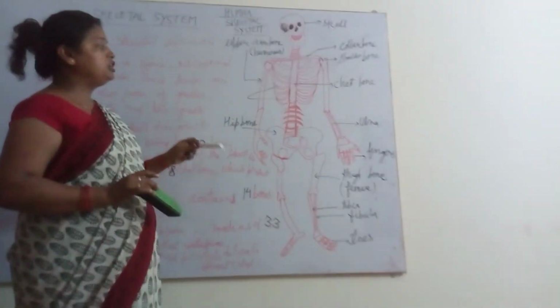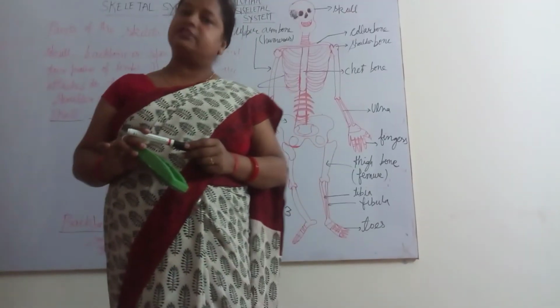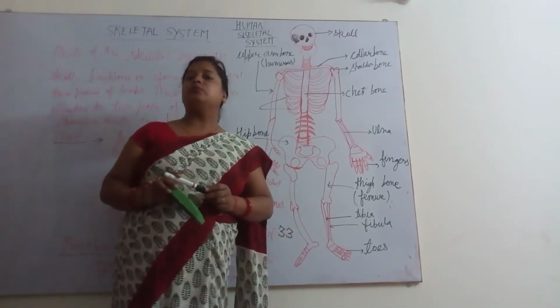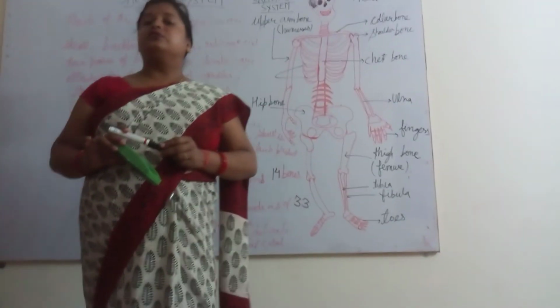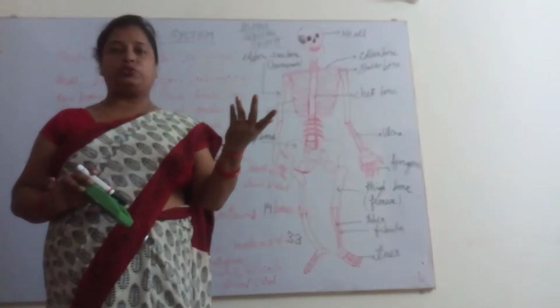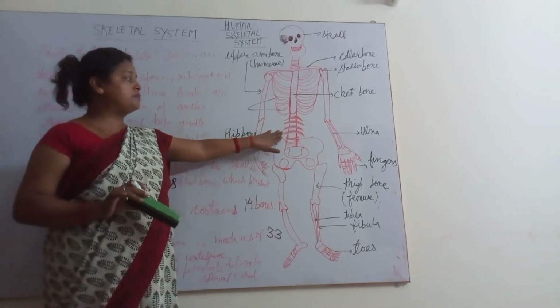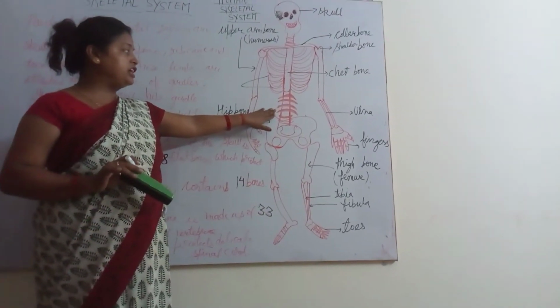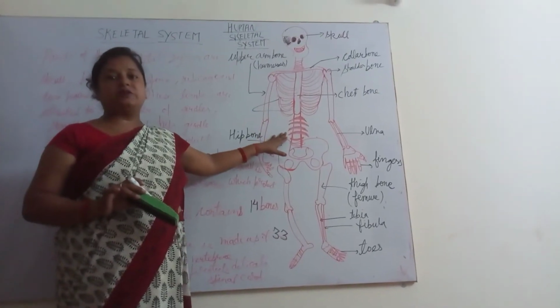Clear? Now, how many bones are there in the human body in total? That is 206. There are 206 bones in the human being. As you know, when a baby is newborn, the number of bones is maximum. As they grow up, the bones join together. Clear? In this diagram you can see the backbone, that is the spine. A jelly-like substance is present, that is bone marrow, and RBC is also present in this bone marrow.